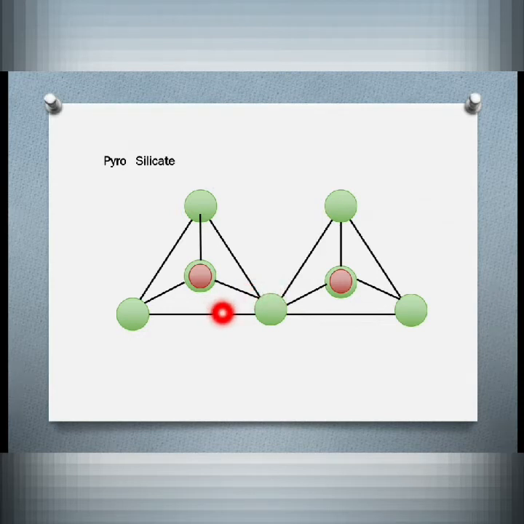And the structural formula of pyrosilicate you can easily calculate by drawing this type of structure, that is, by sharing one oxygen atom. What type of silicate is generated is known as pyrosilicate, and then you just calculate the number of silicon atoms and the number of oxygen atoms, which oxygen atoms are singly bonded and which oxygen atoms contribute the negative charge. Then you can easily evaluate the structural formula of a pyrosilicate unit.